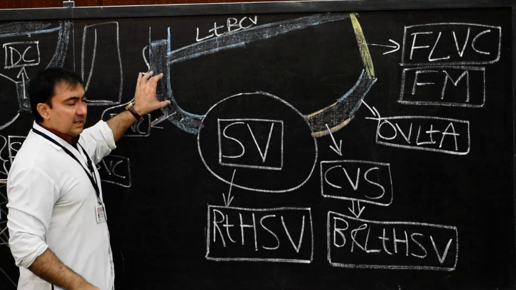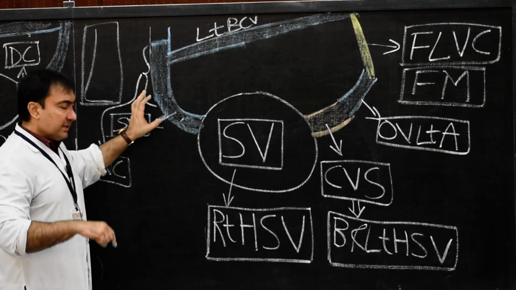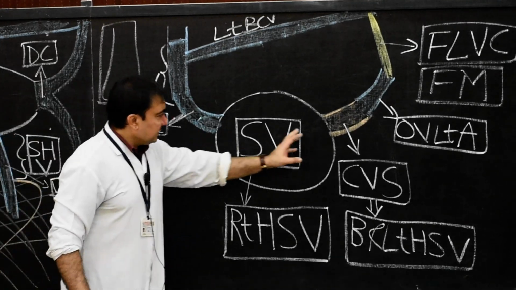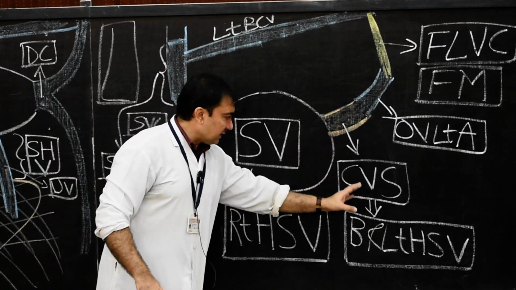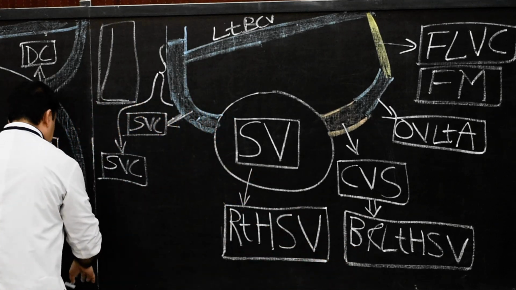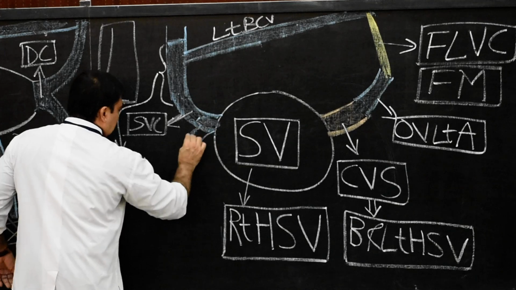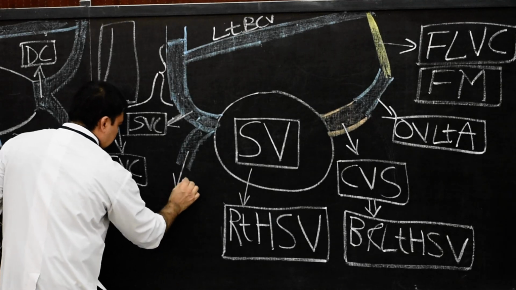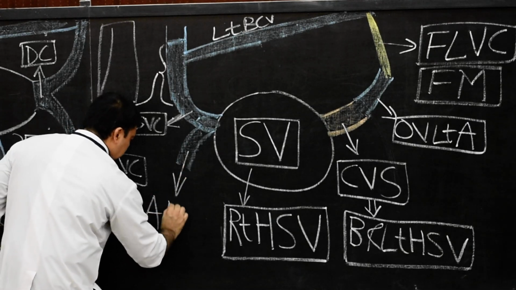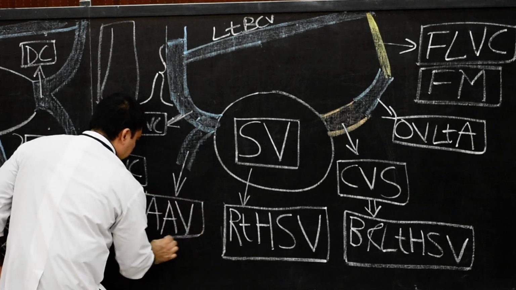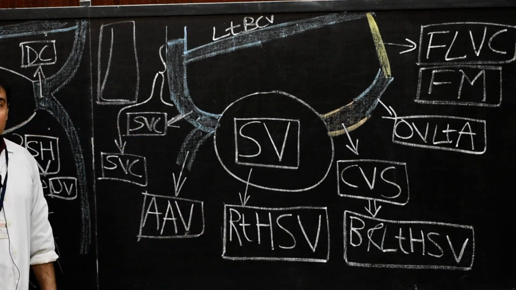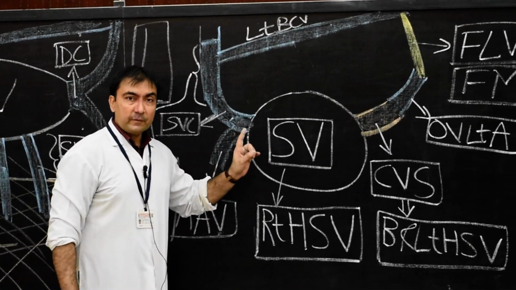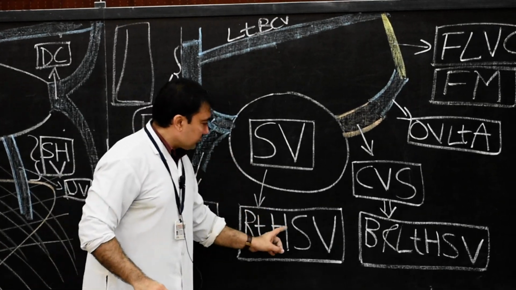What about the caudal half of the right anterior cardinal vein? As we have already explained, it will develop into extrapericardial portion of superior vena cava, and right and left posterior cardinal vein. Posterior cardinal vein on the left side will disappear. On the right side it will also disappear, but it is left with cephalic portion of the right posterior cardinal vein, and this will develop into arch of azygos vein. Here we complete our entire sinus venosus, but please note down, these 2 points are very important.